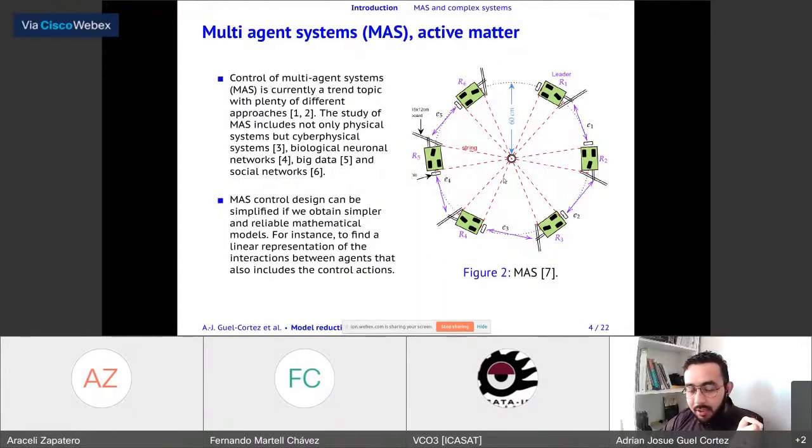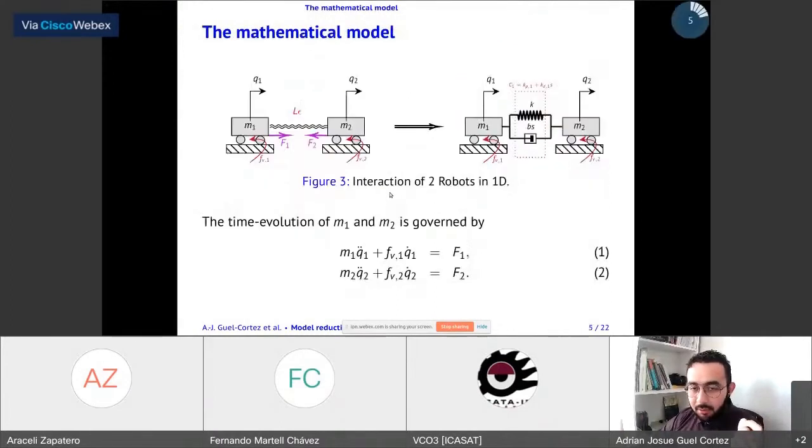The problem with trying to control a multi-agent process is that usually, as I said before, the mathematical model of the whole formation is difficult. So if I can figure out ways to simplify the mathematical model of this type of robotic formation, it will be wonderful. And also, if I get simpler models, it means I can design a simpler control law as well. So basically, what I'm proposing here is to study this